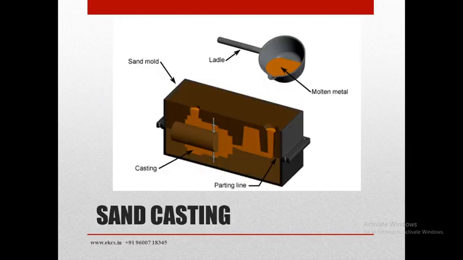What is casting? Before seeing what is casting, we will understand the components of sand casting. Here we can see molten metal is taken in a ladle and poured into this cavity. This molten metal runs through all the hollow spaces and fills the cavity. There are some elements here, and there is a sand mold here. The casting part is the molten metal. That's a parting line. You will understand each component once you get through this playlist.